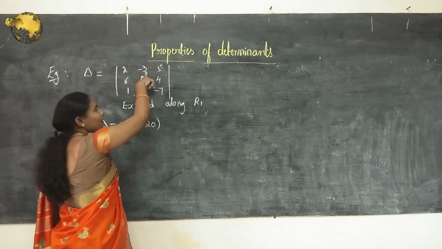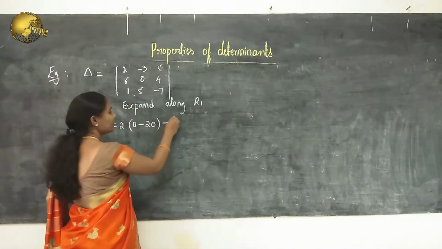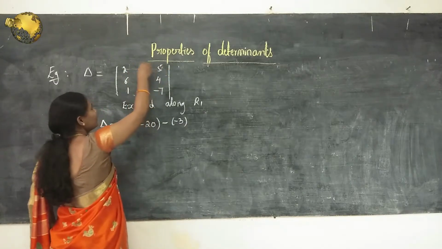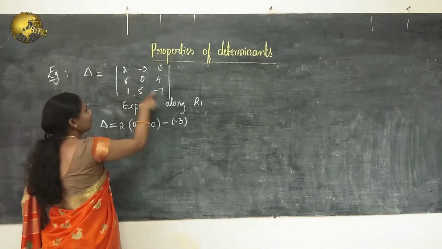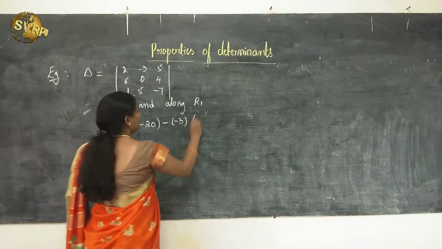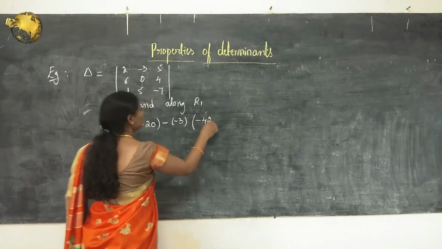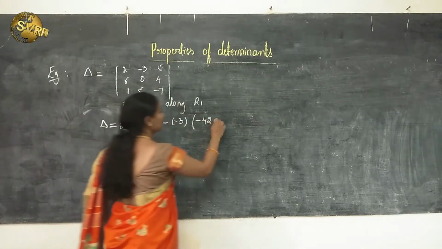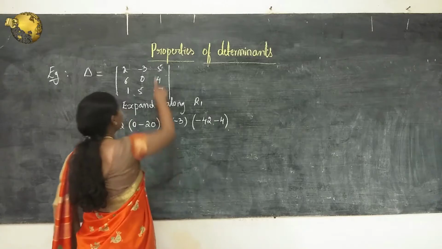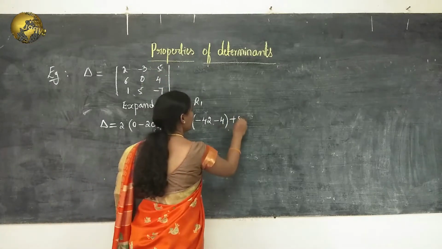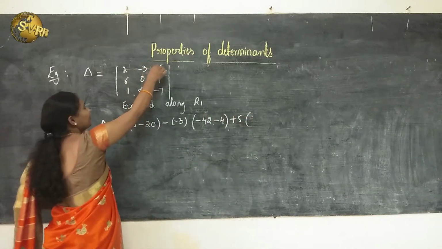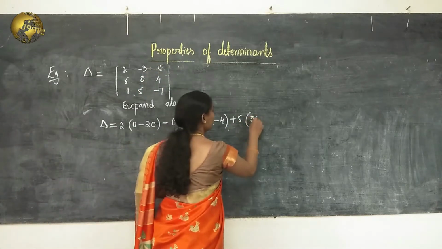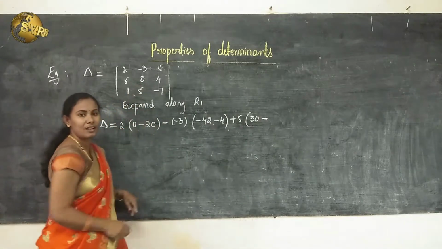And then here minus 3 is there and the position sign is also minus. So we keep the element as it is and we neglect the first row and second column elements. So the remaining elements are 6 into minus 7, minus 42, and then 1 into 4, minus 4, and then plus 5 into, so neglect first row and third column, 6 5s are 30, minus 1 zeros are 0.